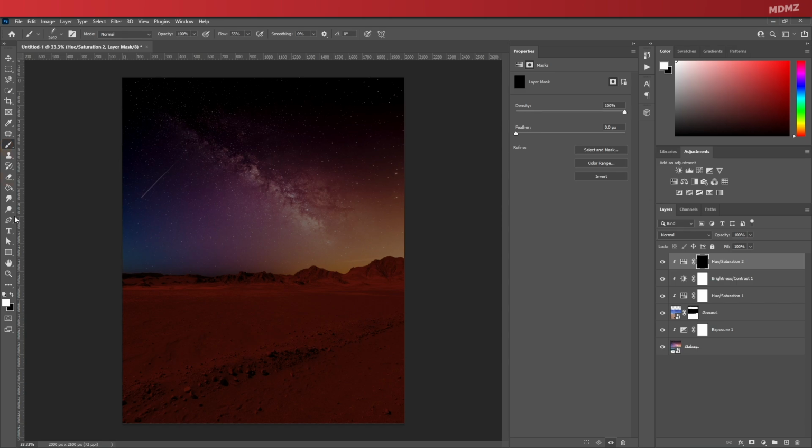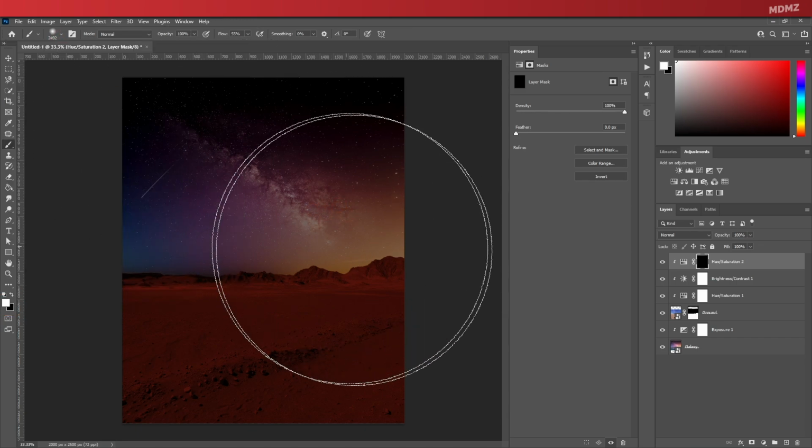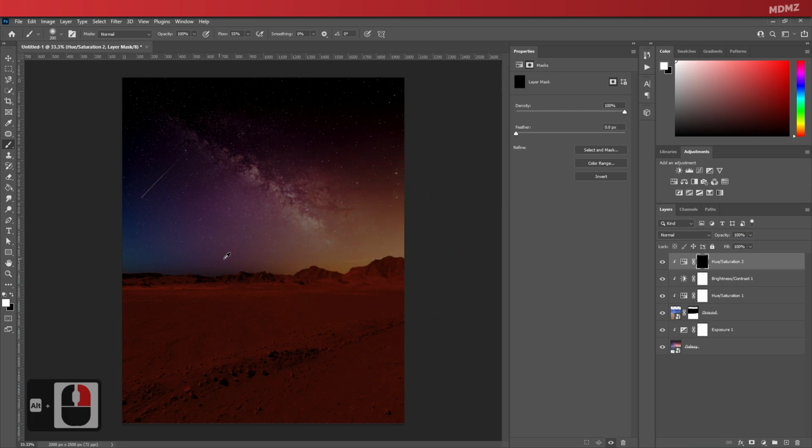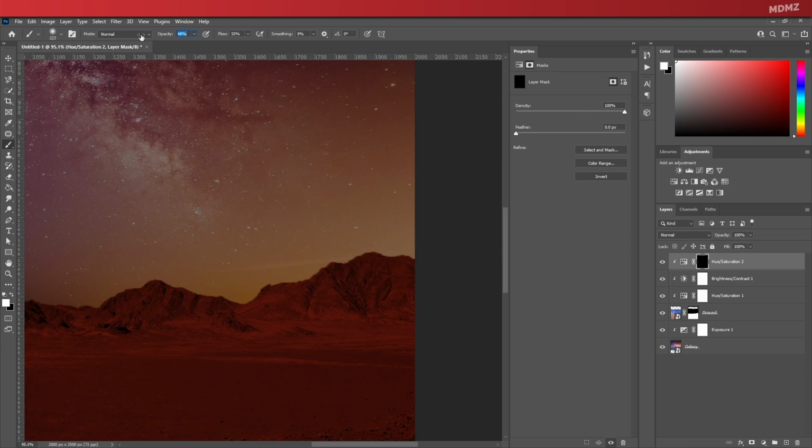Let's switch to the brush tool. Make sure the foreground color is set to white. Let me just change back to the default brush over here. You can always resize it. I'm gonna make it a bit smaller, and let's reduce the opacity to 40% and simply start painting the highlights